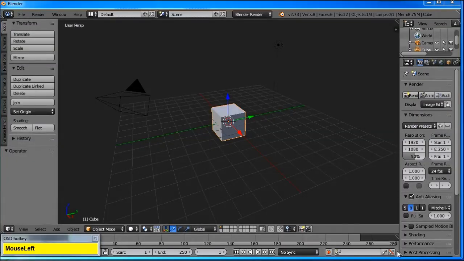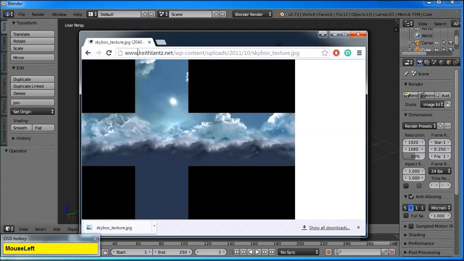Today we're going to be discussing how to create a skybox for a video game in Blender. First thing that we're going to want to do is download this particular skybox texture off the internet and save it somewhere on your desktop. I'm going to go ahead and put mine in a textures